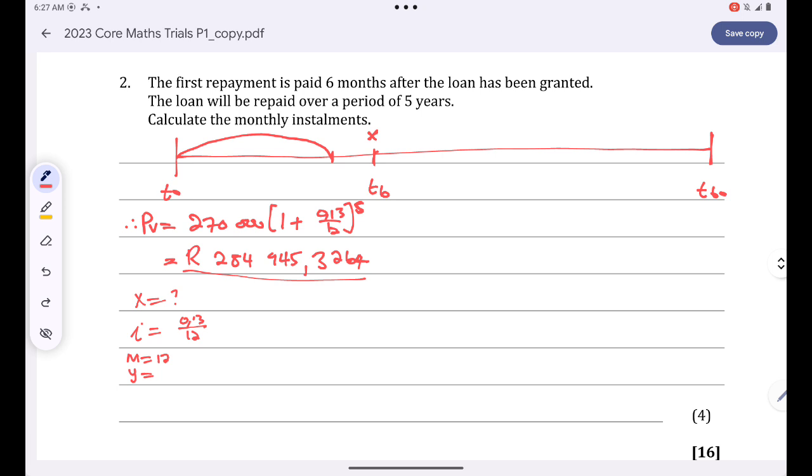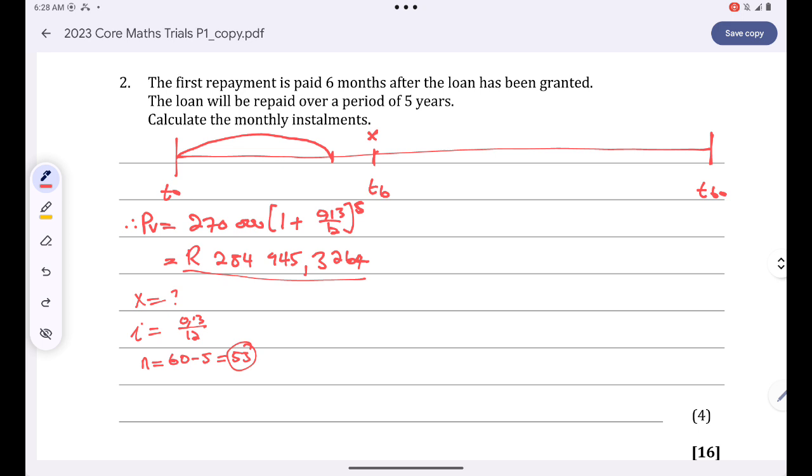Let's just calculate N. N is just, guys, 60 minus 5. We'll simply get 55. Right, together. So N will simply be equal to 55. That means Thandeka will make 55 payments. Right, together, guys. If you start counting from 6 up until month number 60, that simply means Thandeka will be